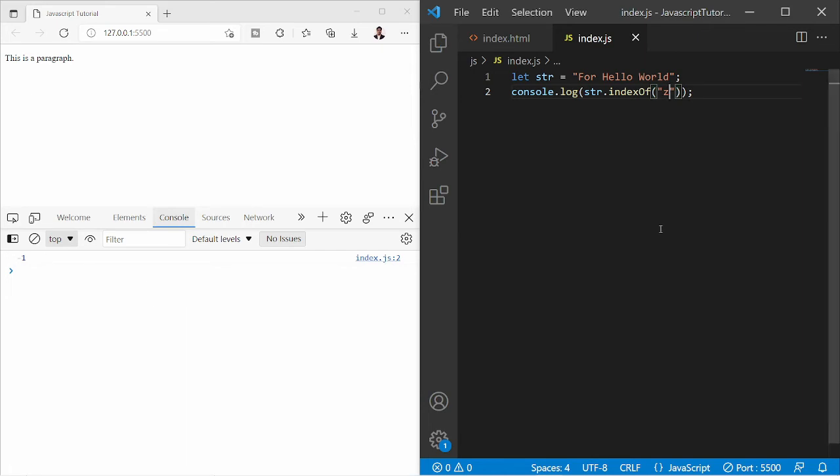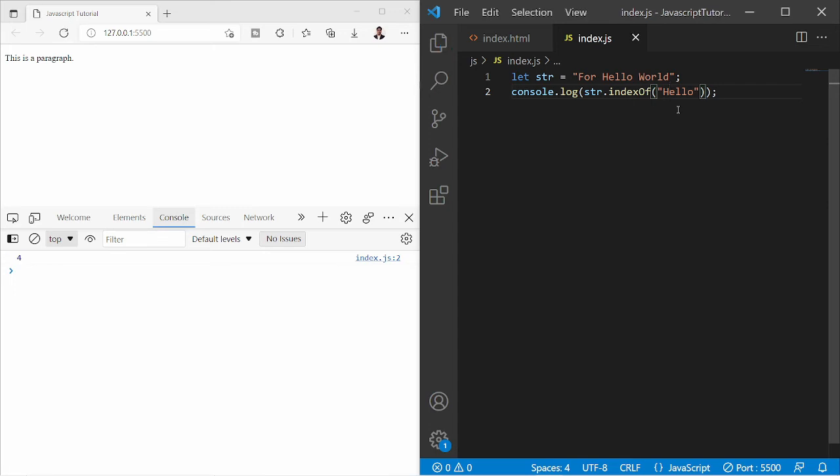We can also do it for a word instead of a character. For example, I can search hello, and if I save it, it returns -1 because it's case sensitive. There is no such word in the given string with small h. But if I write capital H, then it will return the index of the first occurrence.